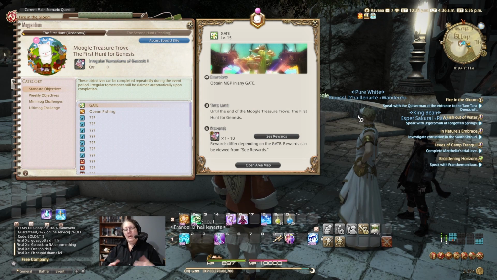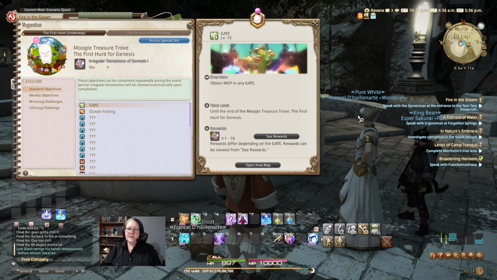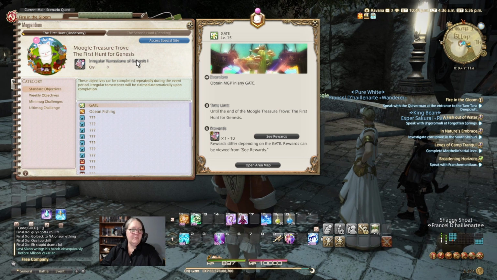So a lot of you might be looking at what we did for the last 9 episodes of preparation and thinking it's a waste of time. However, the mini Mog challenges was the very reason that we actually did these. So the Moogle Treasure Trove, the first hunt for Genesis,